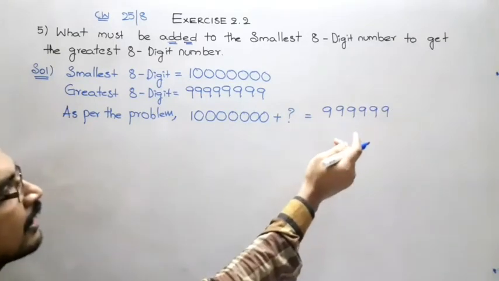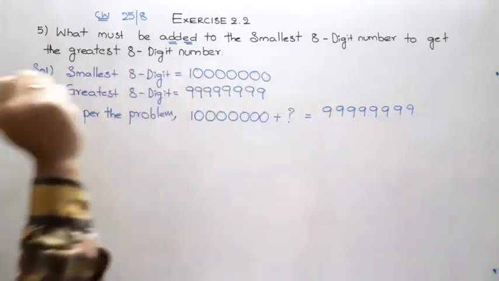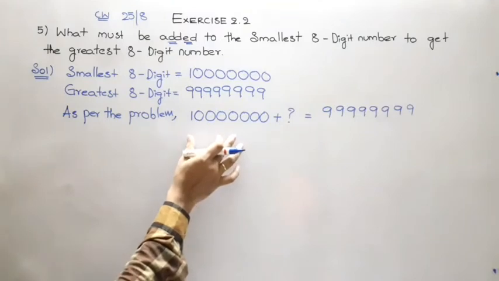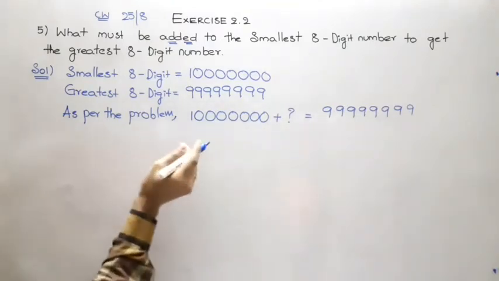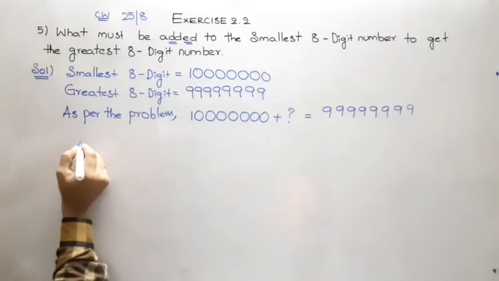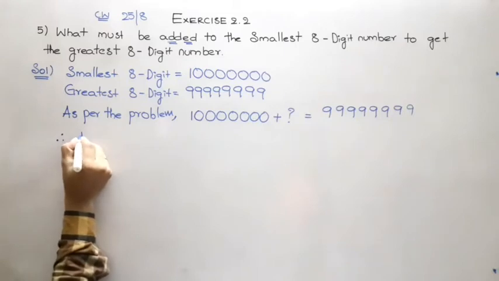As I am saying, understanding the question is very important for word problems. Now what we did, we simply subtracted this from this so that we will get the unknown number. Therefore, the required number